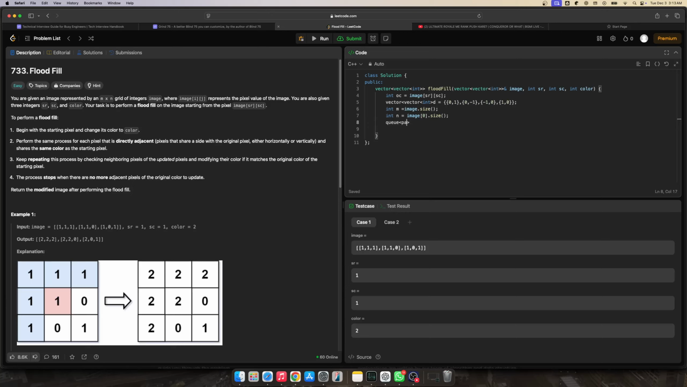Q of pair PAIR, and that would be int comma int. I guess this is how we declare a pair. I do not remember Q, and we can do Q dot push. In Q dot push we can push SR comma SC. Okay. Now while queue is not empty, this is just like the previous question,